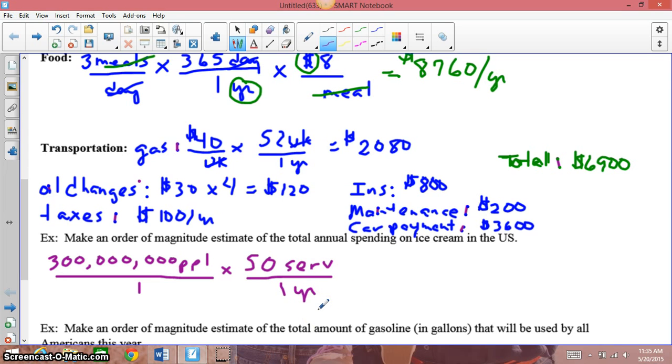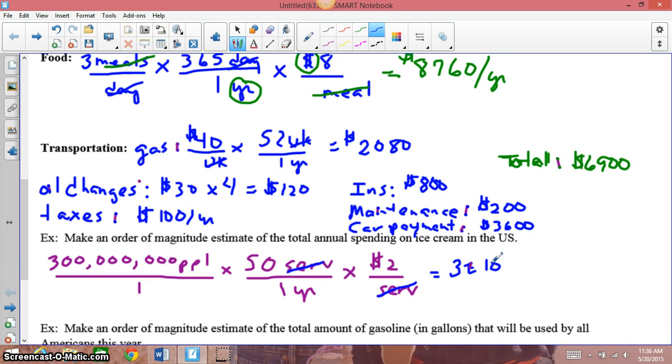These are the kind of problems that are probably going to be a little bit more challenging for you because they're going to vary a little bit on you. Your answer can vary from mine, okay, just as long as it's on the order of being close to mine. And then we'll say roughly that those servings are going to cost us $2 for every serving. You can see as far as my units canceling out that your calculator then, I bet in many calculators you're probably getting this